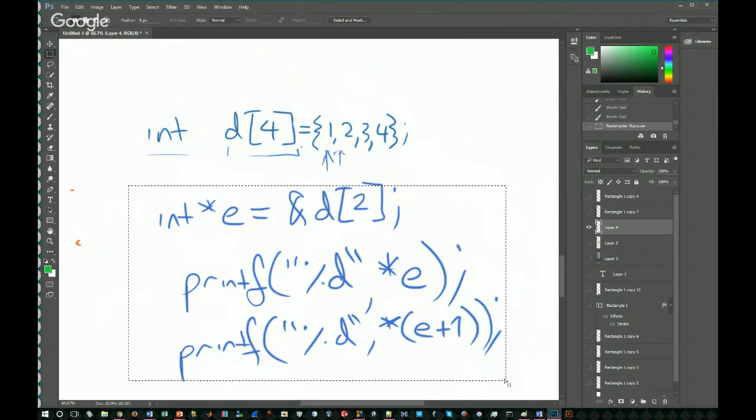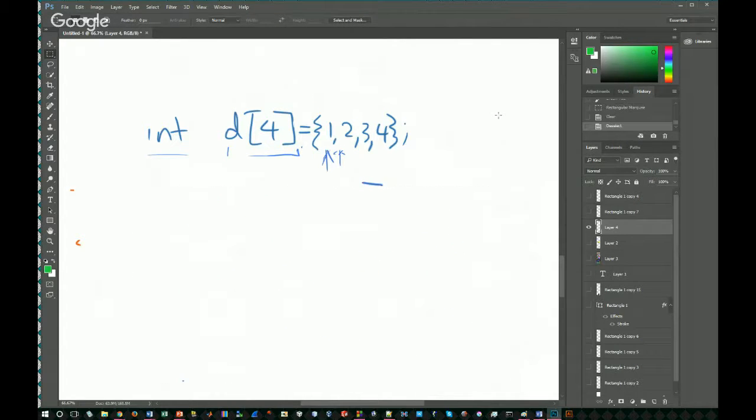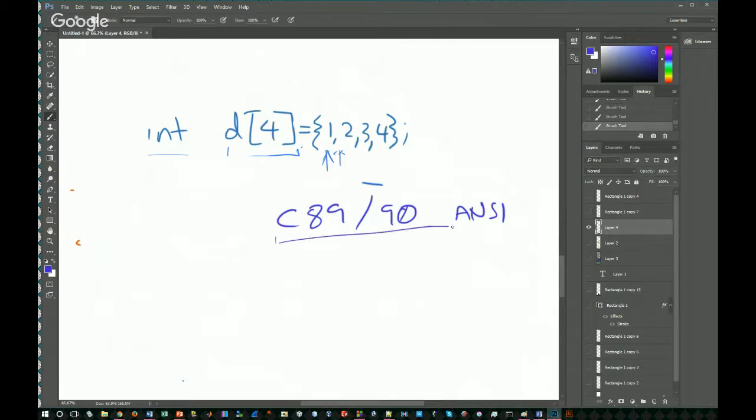Now, we're using C89 or C90. There are different versions of C. We're using C89/C90, which is also referred to as ANSI C. The most modern one is called C99. Now, if you did something like this,